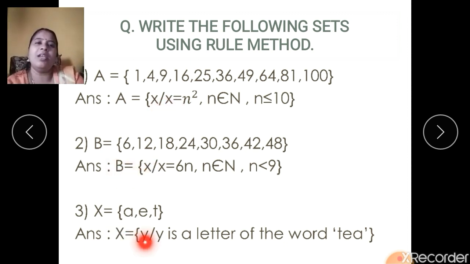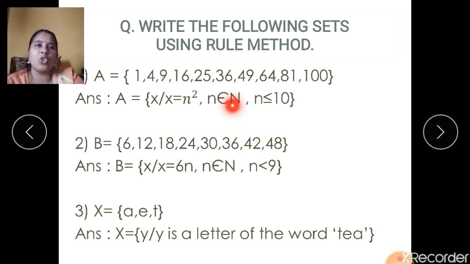And set C, x such that all y. Right? So first thing is that, and then what? Search for the property. Now here they are squares of numbers. For this I will use an alphabet n. Okay. Now n raised to 2. Why 2? Because these are squares of numbers. Now I have to define this n also. I have written n on my own, but what does this n stand for?